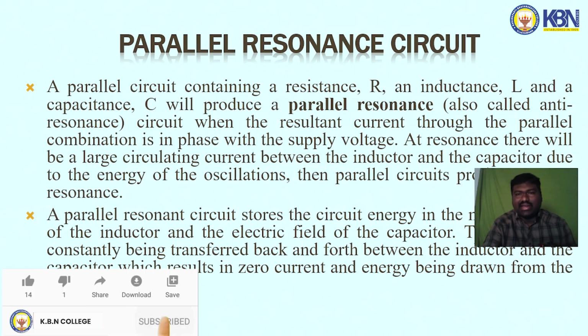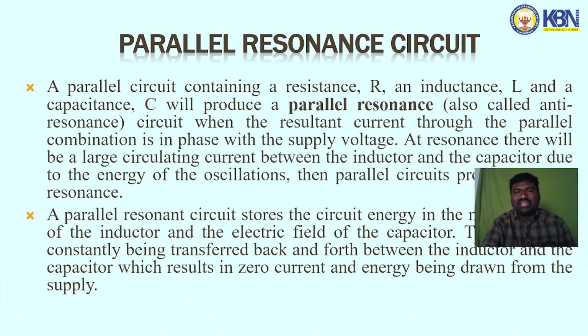One is the inductive arm, another one is the capacitive arm. In the inductive arm, resistor and inductor are both connected in series combination. The inductive arm is parallel to the capacitive arm, then it is said to be a parallel resonance circuit. The parallel resonance circuit is also called an anti-resonance circuit when the resultant current through the parallel resonant combination is in phase